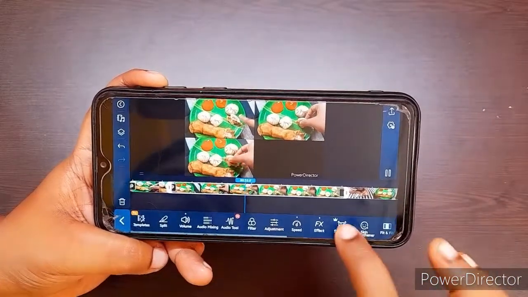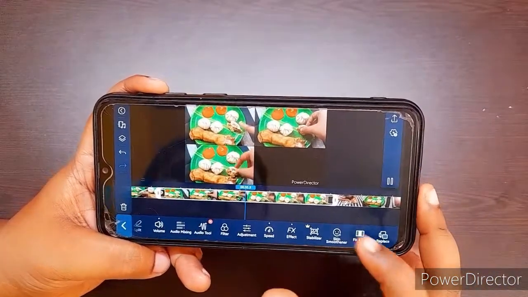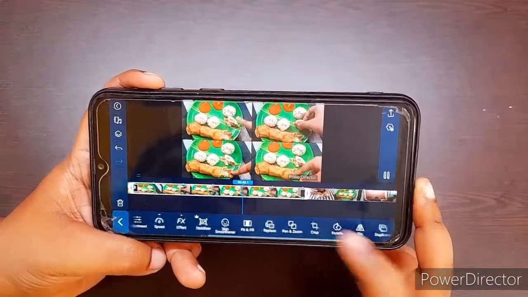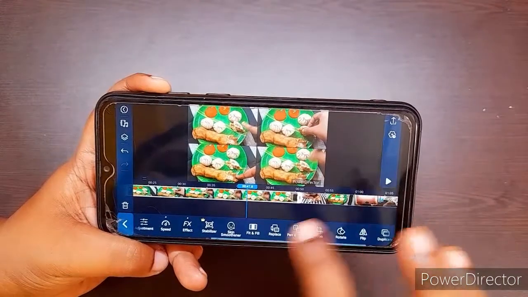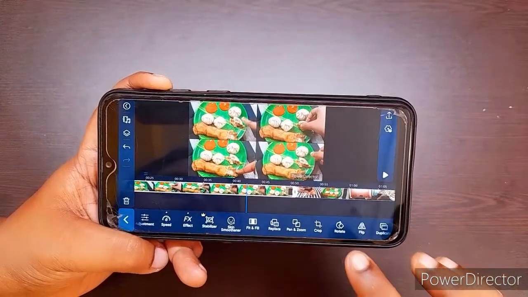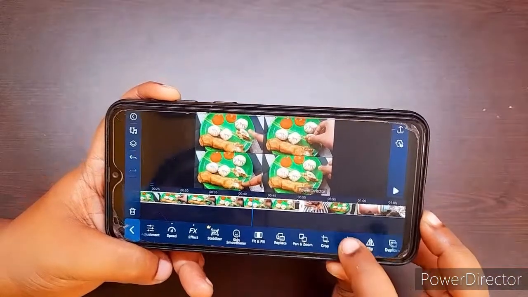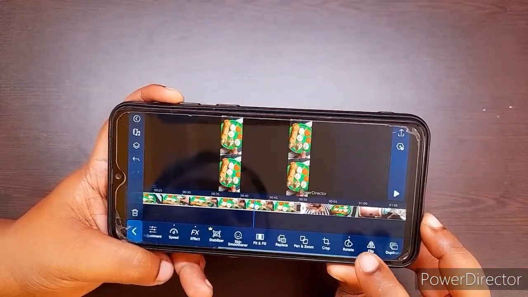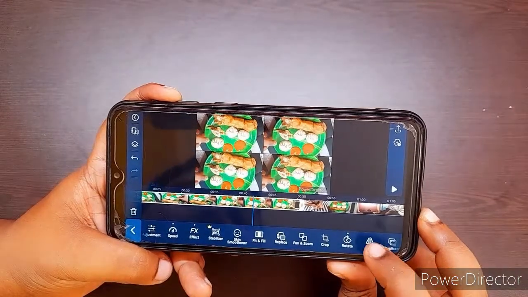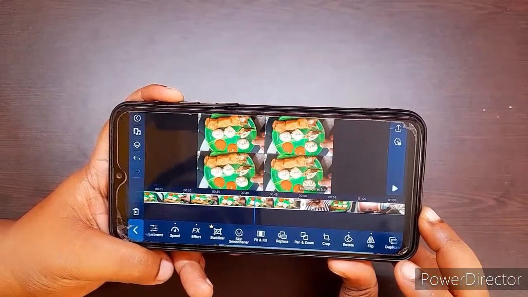So that's all. Now you can do one more thing: if your video is not in this position, you can rotate your video. This is how you can rotate, or you can flip your video.